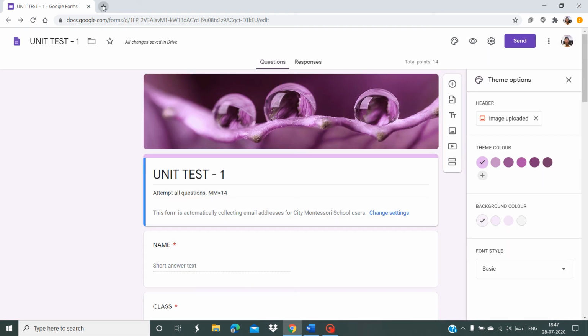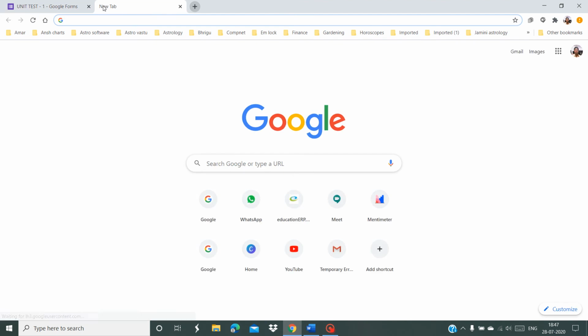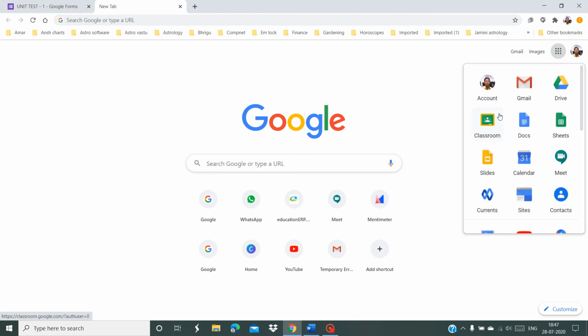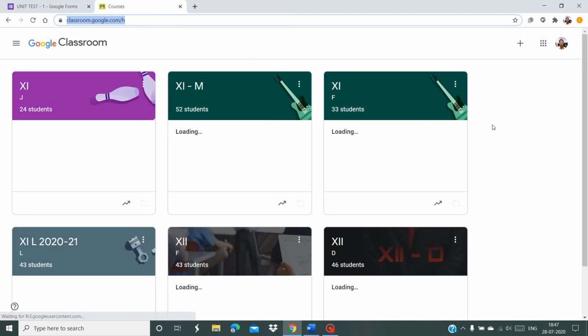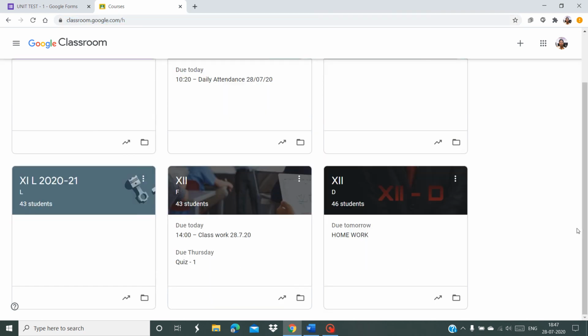I'm going to open another tab and open the Google Classroom app. For this, over here I'll click on the Google Apps button and select the Classroom option. The classroom associated with my official ID will open automatically and show all the classes. These are the classes that I am taking. Suppose I want to give this particular form to class 12th D. So I just open class 12th D,